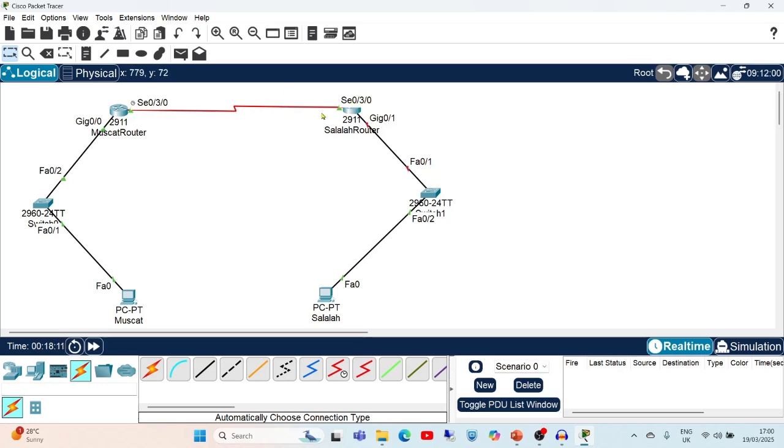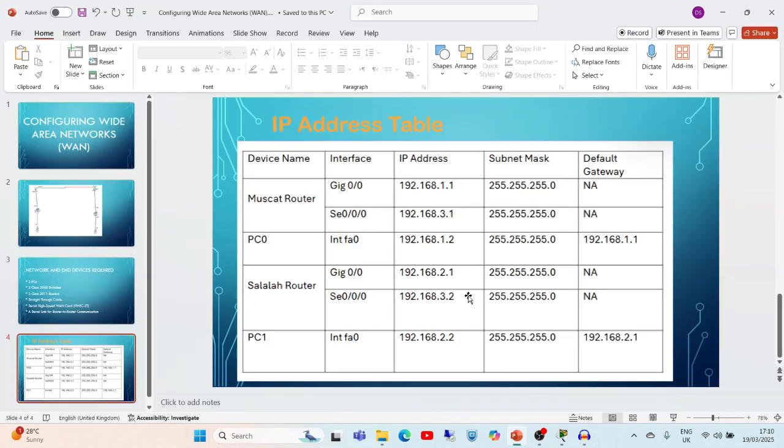So it is showing me serial cables, because while assigning the IP addresses we have given the routers serial cable. That's why whatever cable is added here is a serial connection. Now friends, in the Salala router we are using interface gigabit 0/0 and the serial port.